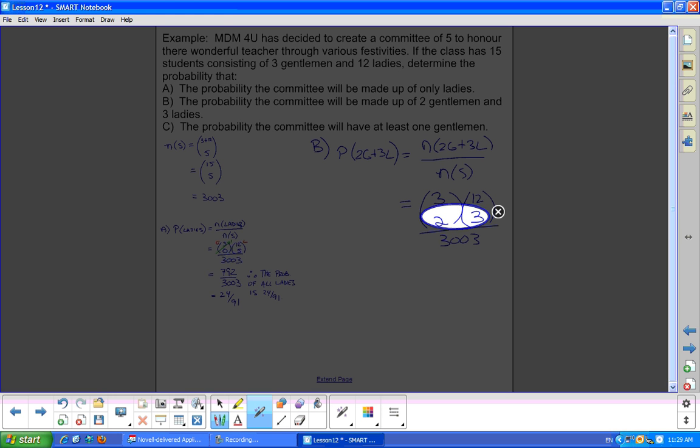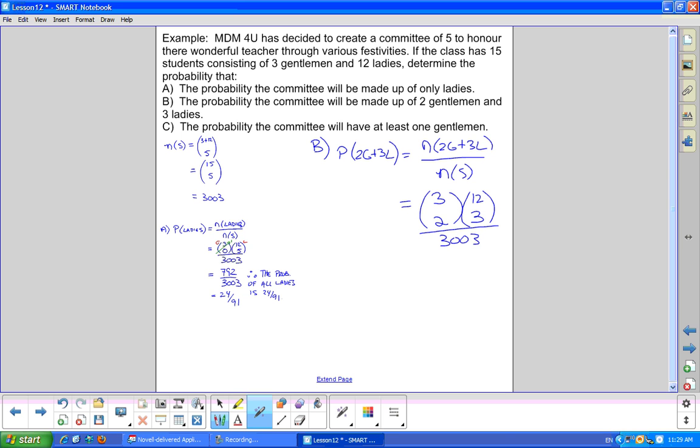So 2 plus 3 gives us the 5. So I know everyone's accounted for. Now I just need to go through and use my calculator to determine my answer here. So times 12 and the combination. So I get 660 on top over 3003. And again, you can reduce it or convert it directly to a decimal. Either way is acceptable. So therefore, the probability